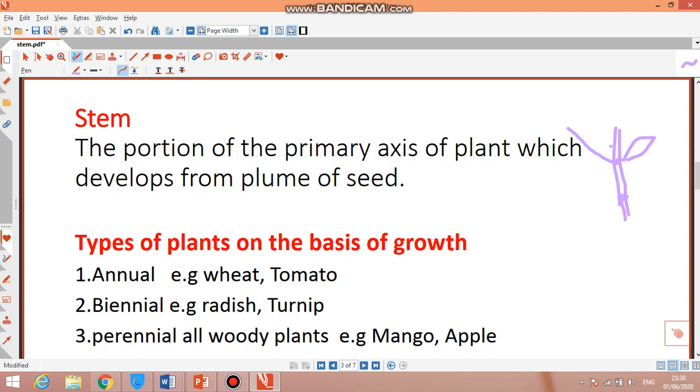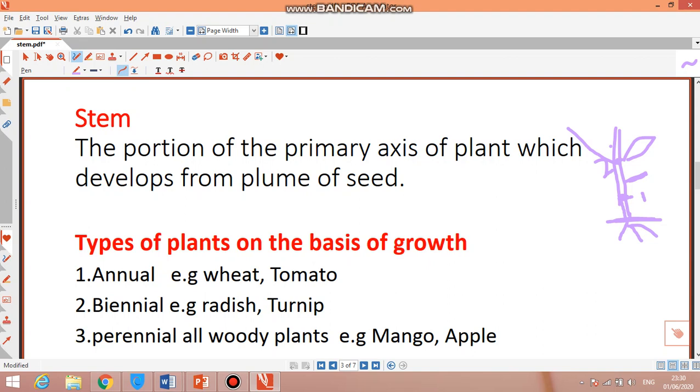Again this is a node, and the portion between two nodes, this is one node, this is a second node, and this portion is known as internode. Here are the roots, let's suppose, and the stem is